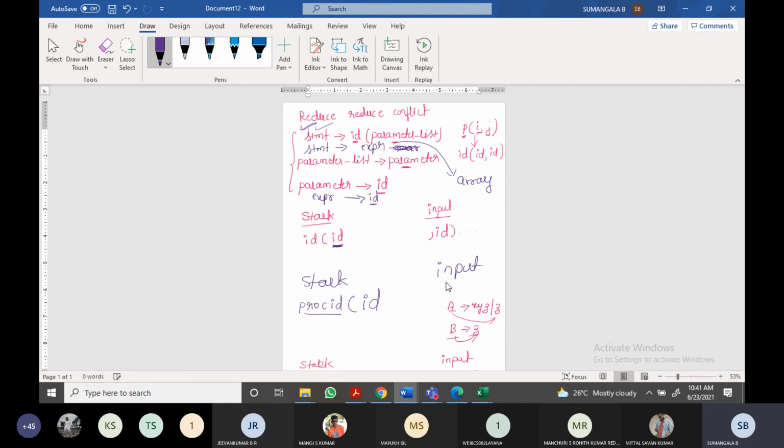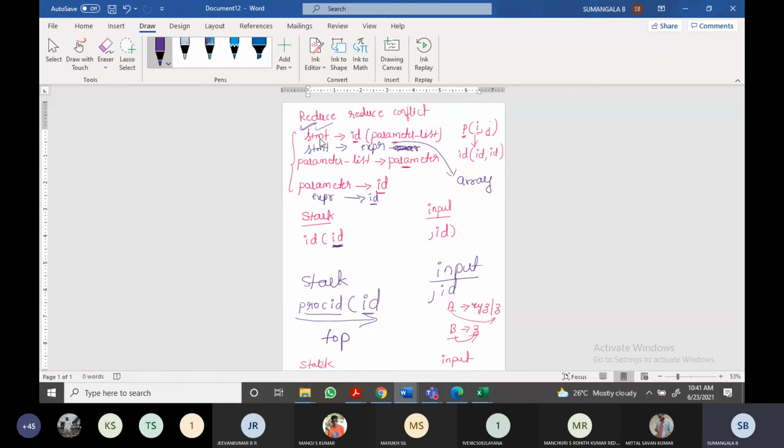That means on the input you have C, comma, ID. So now what can the parser do? Instead of taking only this ID as the top of the stack, it can take the entire thing as the top of the stack, and it can reduce with the statement procedure ID.